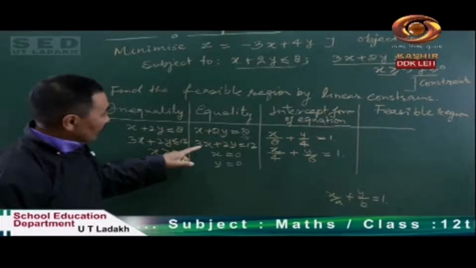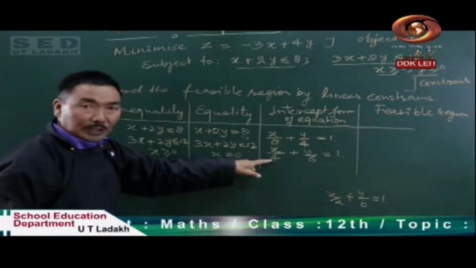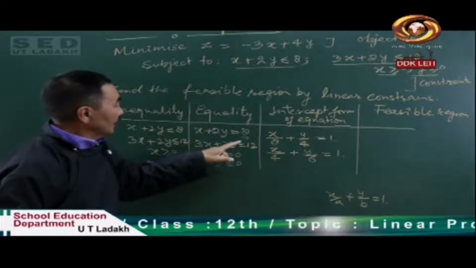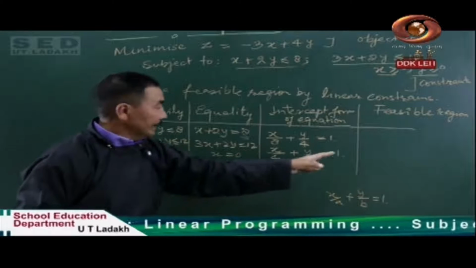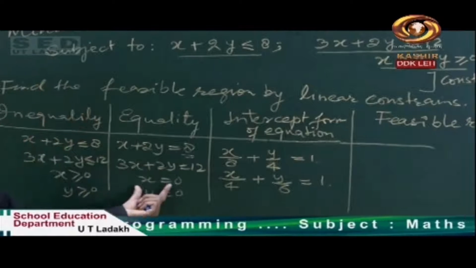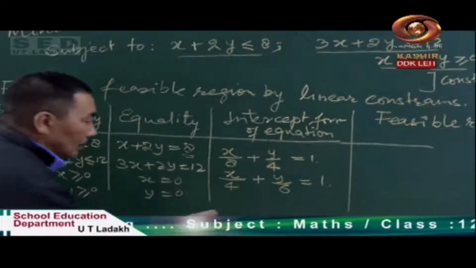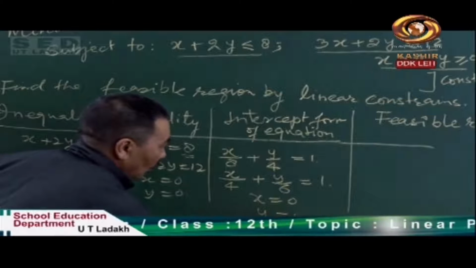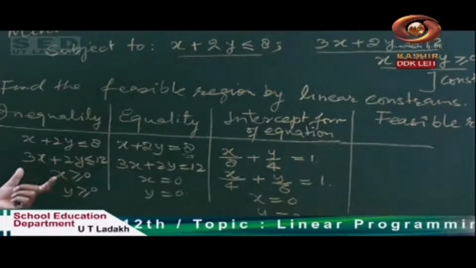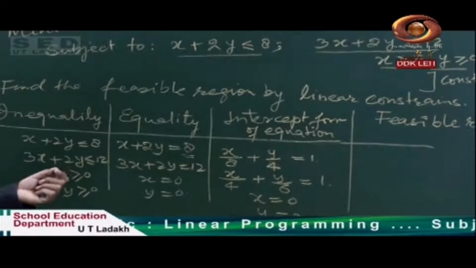So we check it. 3 times 4 is 12, that 4 comes over here. 2 times 6 is 12, that 6 comes over here. 12 divided by 12 is 1. These two equations are already solved, so we don't need to solve them. Now most of our question is solved.